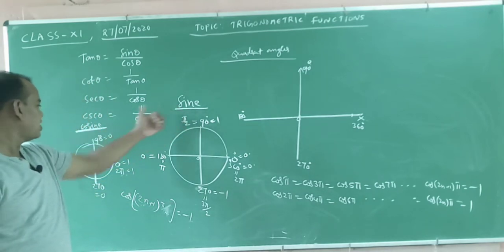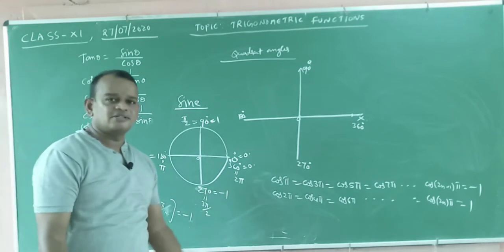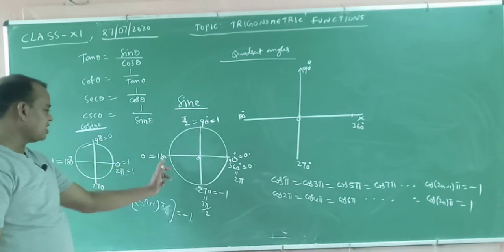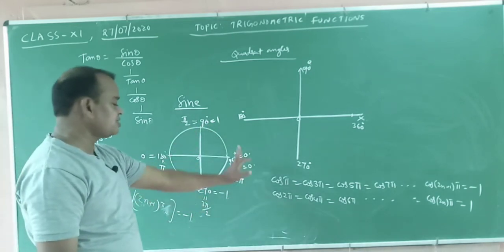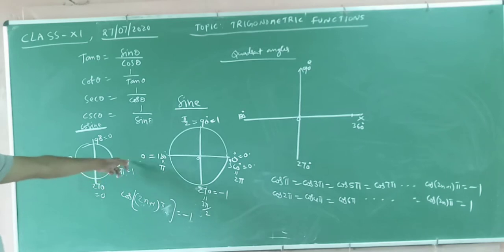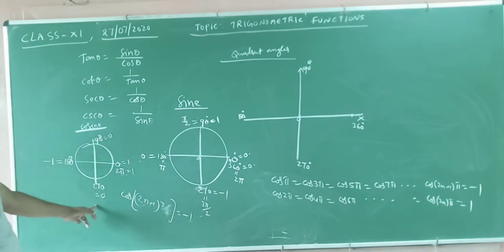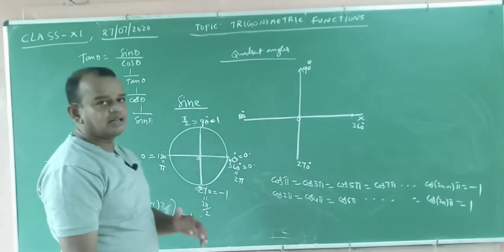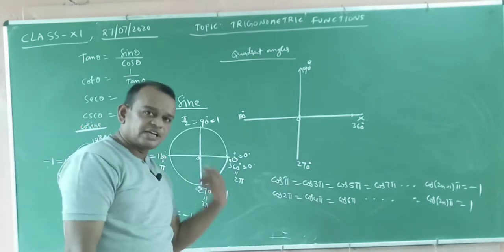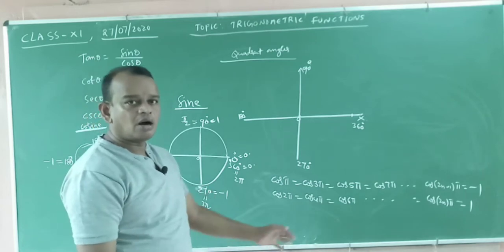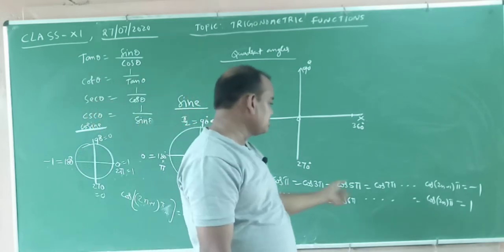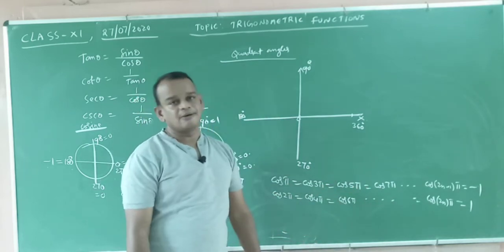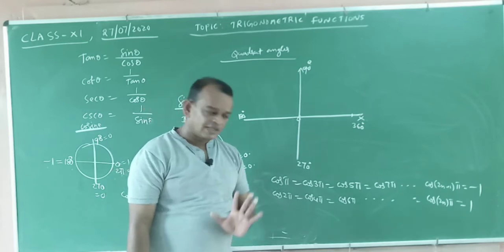Now that you have the values of sine and cos, you can easily find the tan. Tan theta is equal to sin theta by cos theta. Now remember the values. Sin 0 is 0, sin 90 is 1, sin 180 is 0, sin 270 is minus 1, sin 360 is 0. Cos 0 is 1, cos 90 is 0, cos 180 is minus 1, cos 270 is 0, cos 360 is 1. Every integral multiple of pi gives sine equal to 0. Odd multiples of pi give cos equal to minus 1. Even multiples of pi give cos equal to 1. Understood or not? Next.